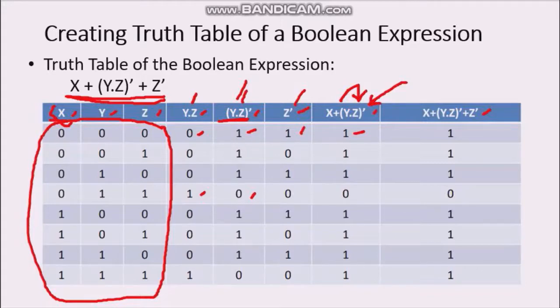What you need to do? You just need to add z bar in this value. So this column plus z bar is this column. You add values of these two columns and you will get final values in the last column. So value of x plus yz whole bar in first row is 1, z bar is again 1, right? So 1 plus 1, you are getting 1 here. Similarly, you find out values in the other rows also.